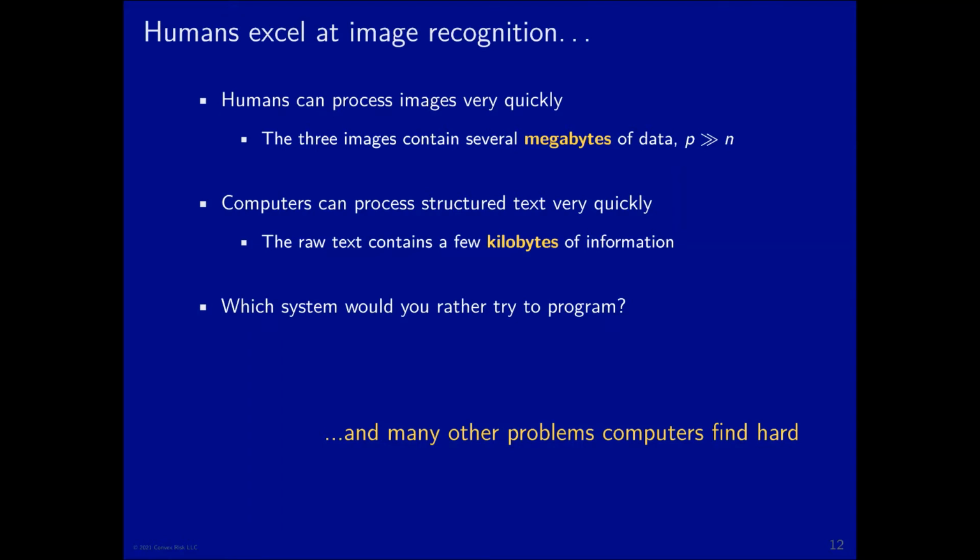On the other side, computers are really good at processing structured text, and they can do that very quickly. They would be able to read in the text I had on the previous slide, summarize it, and probably come to a conclusion from that. That would be very easy. And we can put this to the test for those of you who've done some programming. If I said I want you to create a computer program where the task is, I give you 3 homes and you rank them, which system would you try to program? One that started with 3 pictures, or one that started with the text?